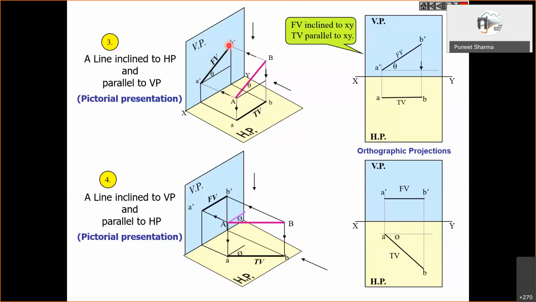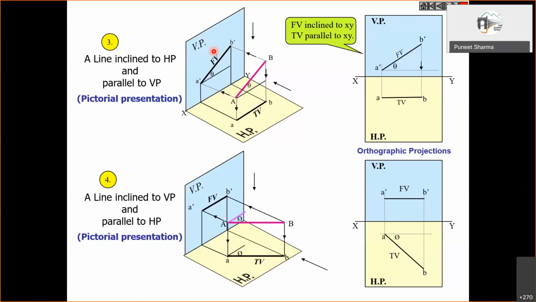Suppose this B dash, which is currently here, after some time it has moved and achieved this position. If I join A dash to this red dot which is currently shown here, then you see one thing is front view will be of shorter length. Secondly, your inclination of A dash B dash for this current position, or this red dot is representing current position of B dash, suppose, then this new A dash B dash will have a higher inclination with XY line. It will be more than theta, right?